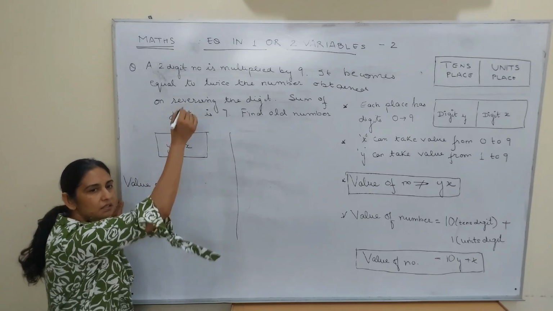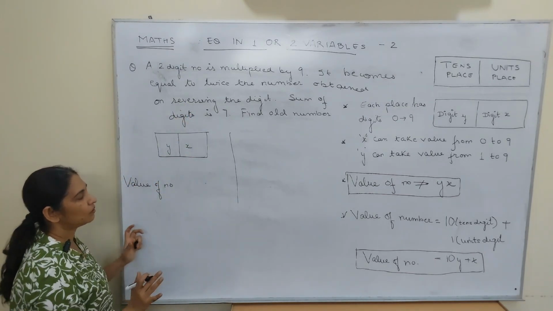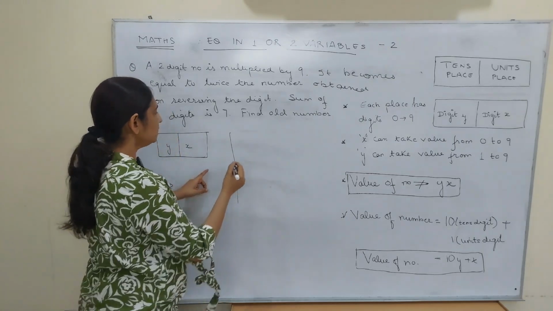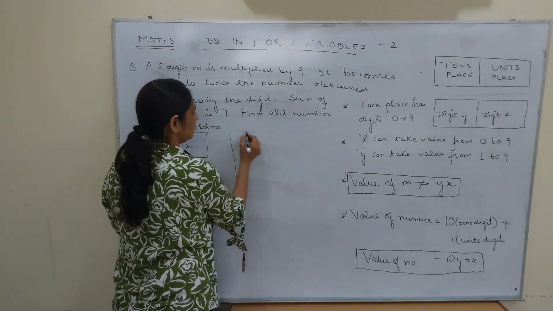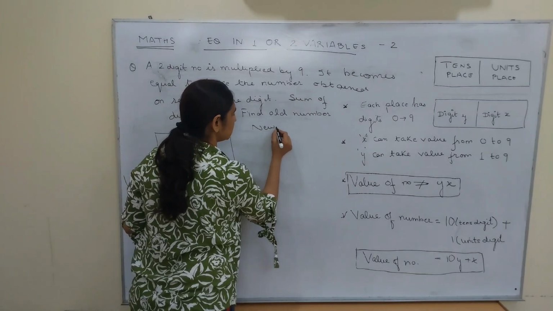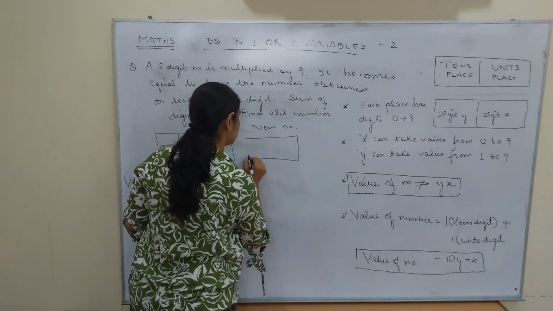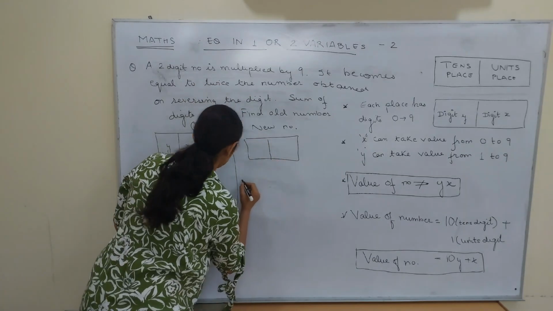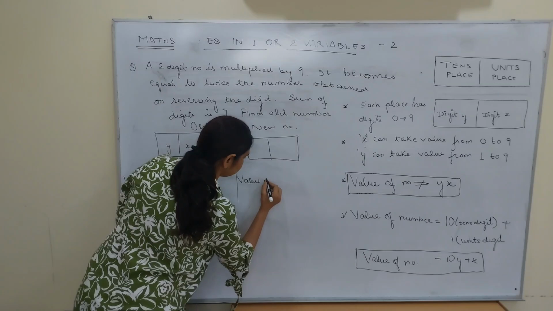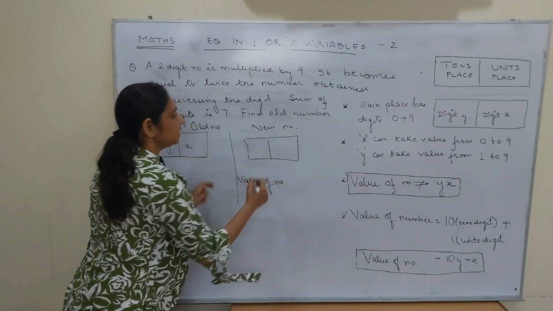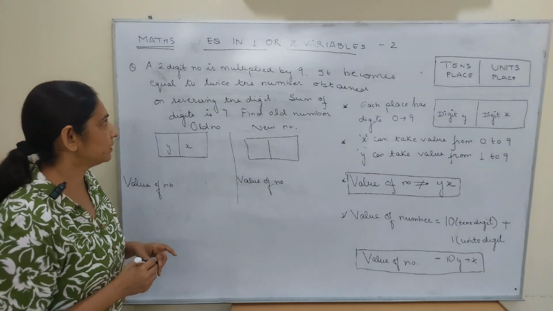Without even reading, you can just write these, and then we have to write the 2 equations. That's all we need to do. Here also this is the old number and this is the new number. Okay, here also you'll have a 2-digit number and you'll have the value of the number. This you can write just by knowing what it is, a 2-digit number type of question.